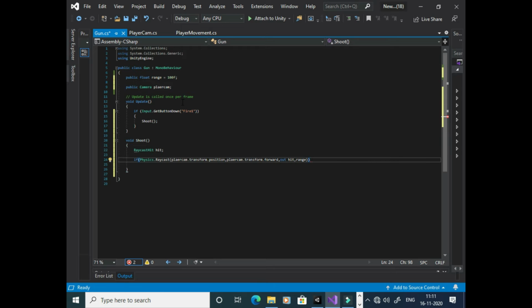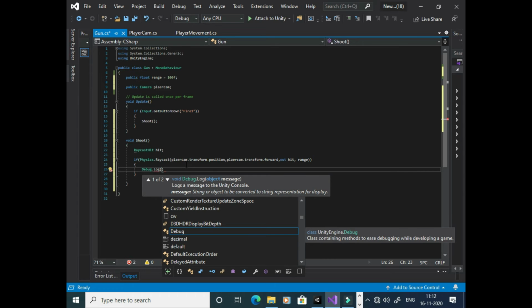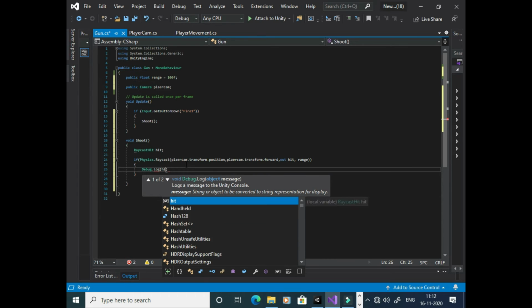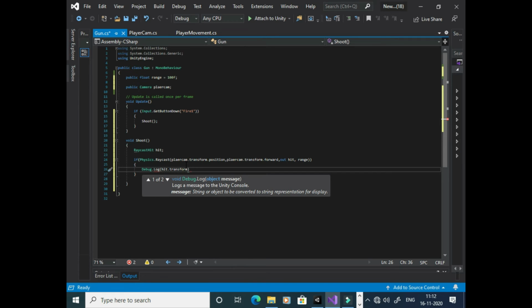And then we have to use open and close curly brackets. It means that if the Physics.Raycast, the ray coming from our camera's transform position and from our player camera's transform forward, within our range, hits something, then we have to write Debug.Log, open and close brackets, and hit.transform.name.